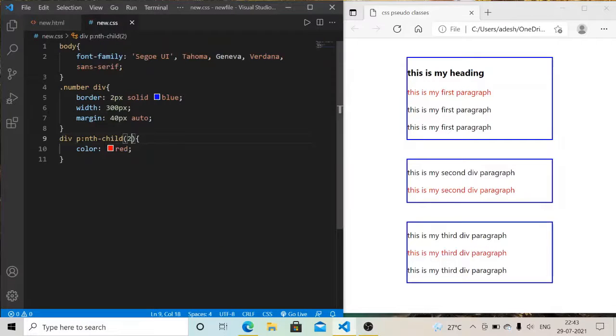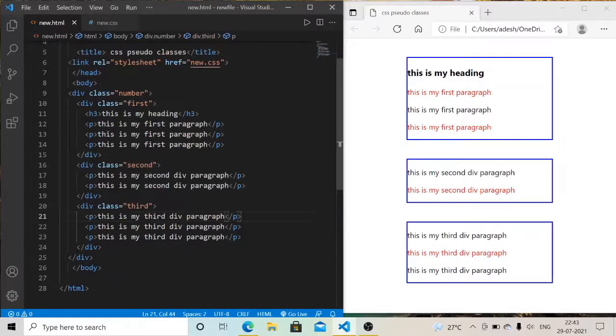Now the next one is nth last child, or here you can also give even or odd. If you write here even, then it will select the even-numbered children, just like the even numbers 2, 4, 6, 8 and continue.